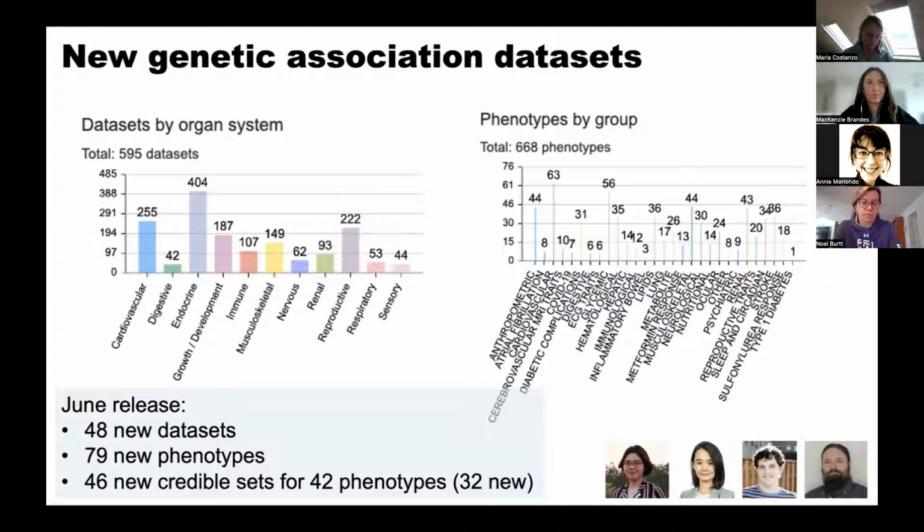For this release, we decided to focus on some of the organ systems that are not as well represented in the Association to Function Knowledge Portal, like the digestive system, for example. So Chang and Yue went looking for data sets that have these phenotypes in the GWAS catalog. We're now importing a lot of data sets from the GWAS catalog, and we've also looked for these independently in the literature. And of course, our colleagues also